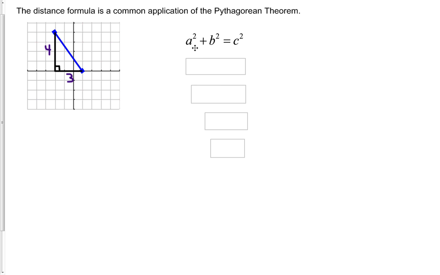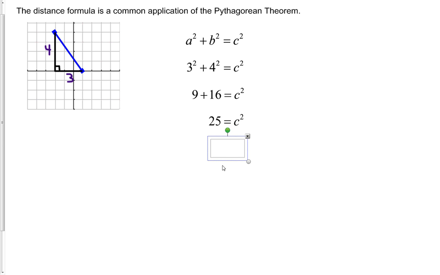We know that that means a squared plus b squared, the two shorter sides of my right triangle, is going to be c squared, our hypotenuse. Let's plug in our values of 3 and 4, so we have 3 squared plus 4 squared equals c squared. If we evaluate each of those, 3 squared is 9, 4 squared is 16. Add those together and we get 25. And finally, to solve for c, we take the square root of both sides and we get c is equal